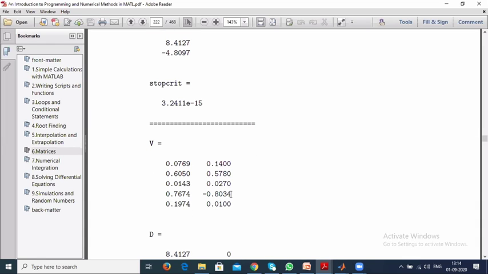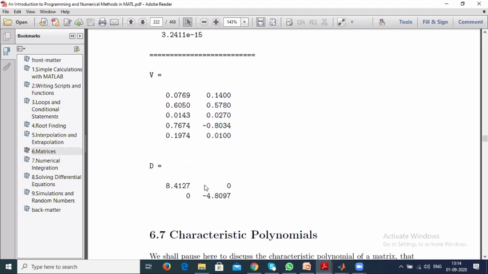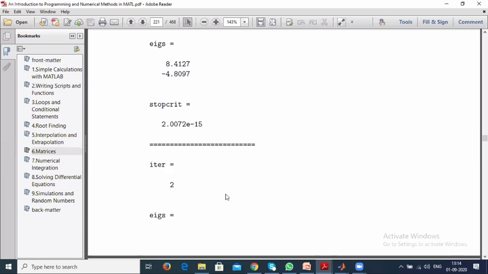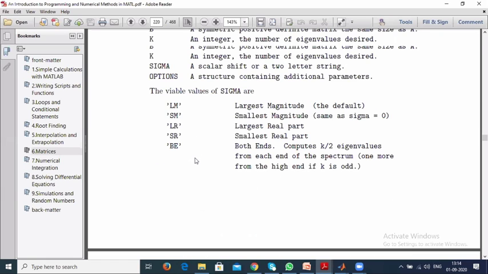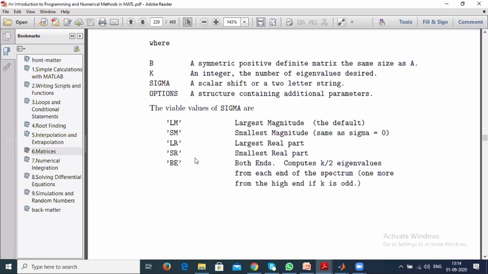If you want to have all the eigenvalues, just give V comma D equal to eig of A, and you will get all the eigenvectors. So this is the way to find the largest, the lowest, and there are different commands. But generally this is somewhat in depth, and most of the time they don't go in depth on this. Till the matrix operations, you go and understand it well.